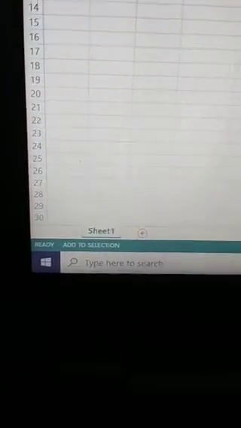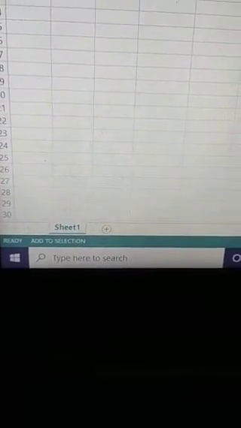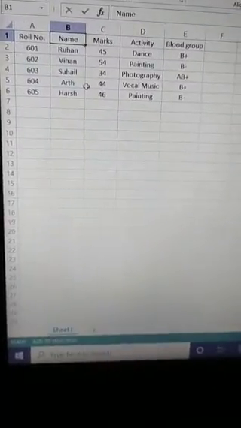This is the F8 key. When we press the F8 key, you will see an option appear here, Add to Selection. That means the extended selection mode is activated. Now using this extended selection mode, we can select a long range of cells.